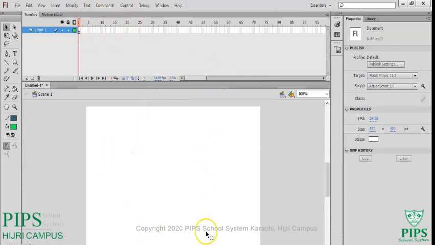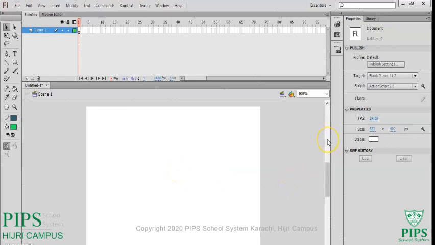The third area is called the stage. Stage means whatever you have to draw or animate, we will do in this area. This is the stage area. This is the property inspector, called the properties. Whatever you do on your stage using tools, you can see all the properties appear in this panel. It means you can change the properties of the object which appears on your stage, or edit the properties of any object, any animation, any picture which is drawn on your stage.